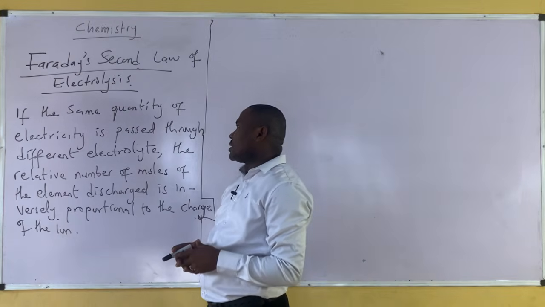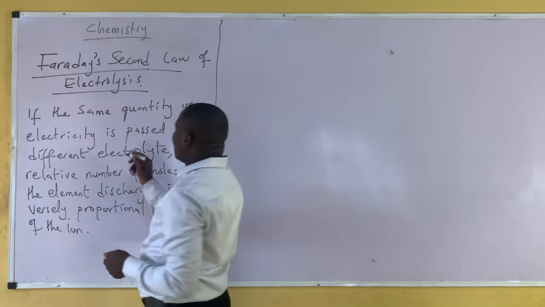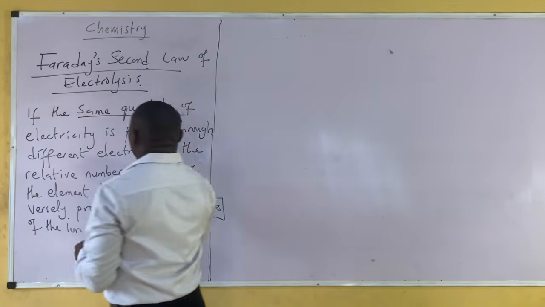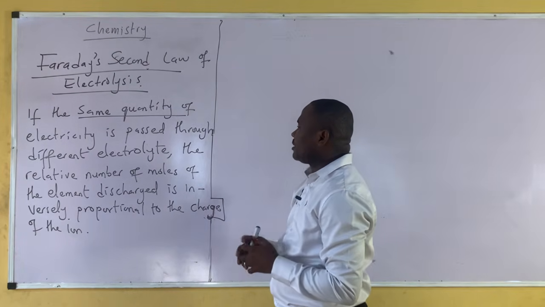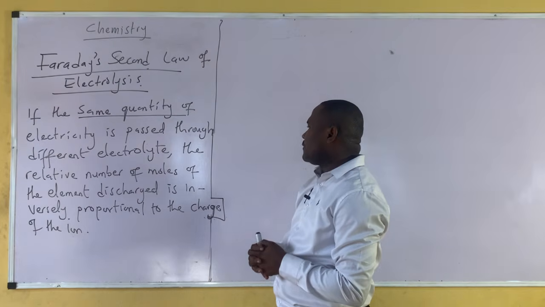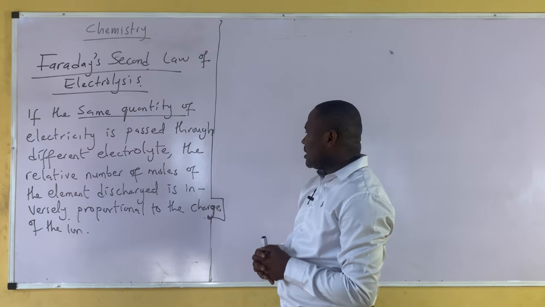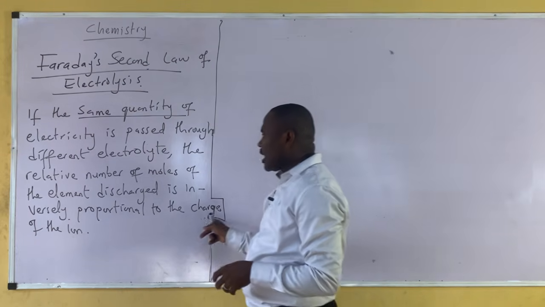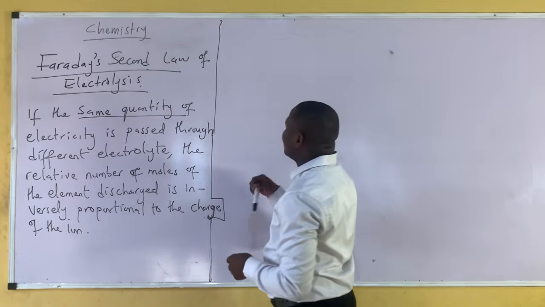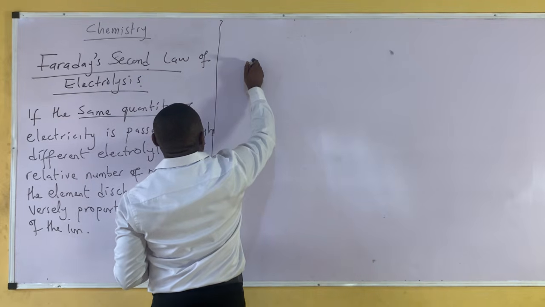Now let's look at Faraday's second law of electrolysis. It states, if the same quantity, now take note of this word, very important in this second law, if the same quantity of electricity is passed through different electrolytes, the relative number of moles of the element discharged is inversely proportional to the charge of the ion. Now look at this, very important. I have, for instance,